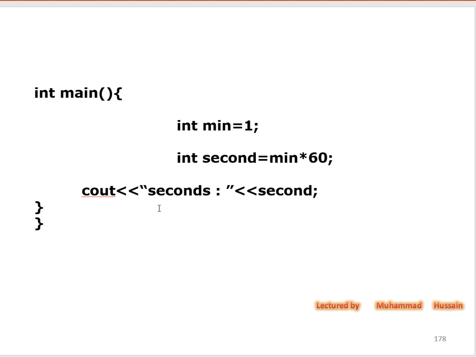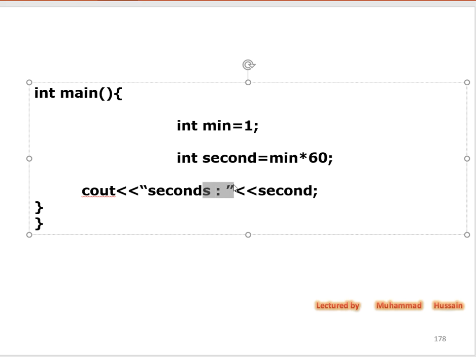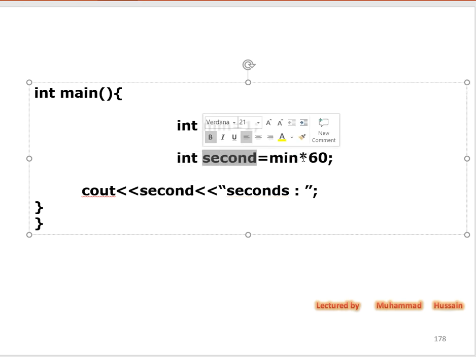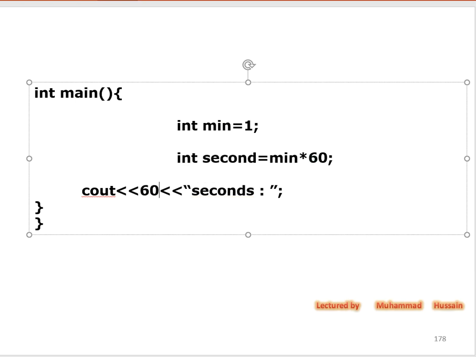Or you can also say it in this manner. So now what will be the answer? The answer will be 60, just because this variable contains 60 by multiplying with 1, and the compiler will find it here and get the result 60, and what is written here, seconds, and the screen will come up with the output 60 seconds, okay. I think now you got it, how to convert it.